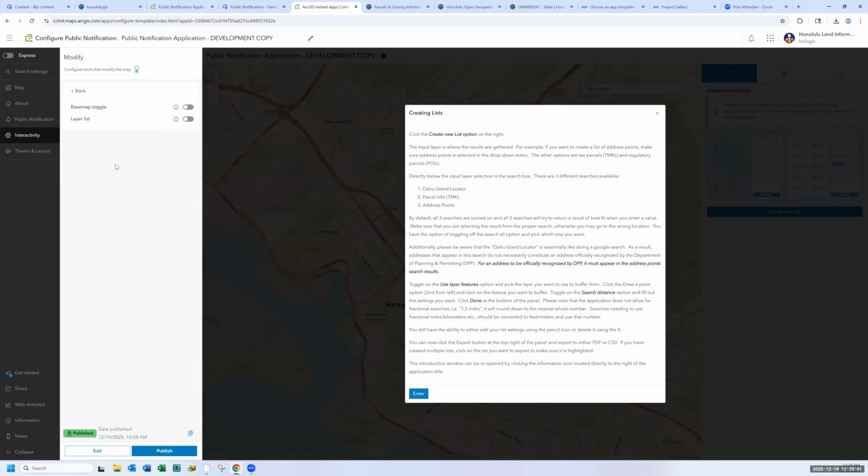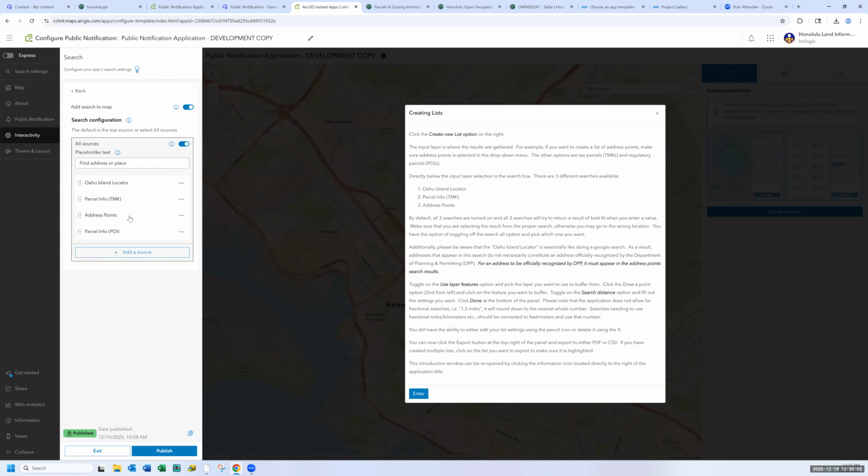Base map toggle would allow people to toggle the base map that they want. I know Esri's got a bunch of free base maps available, like imagery, gray canvas or whatever. I don't think that's necessary for this type of instant app, so I didn't toggle them on.